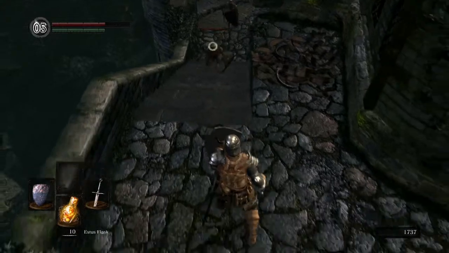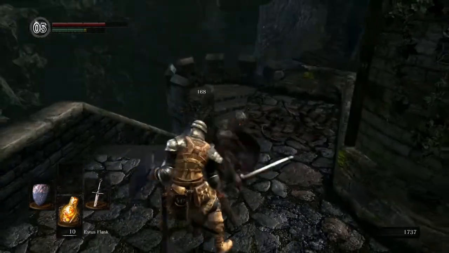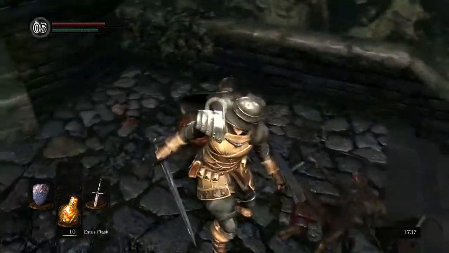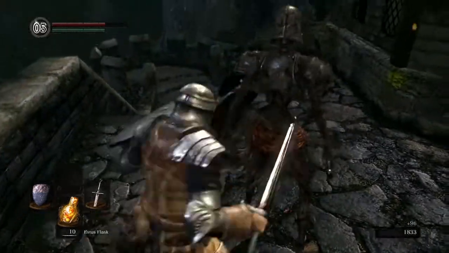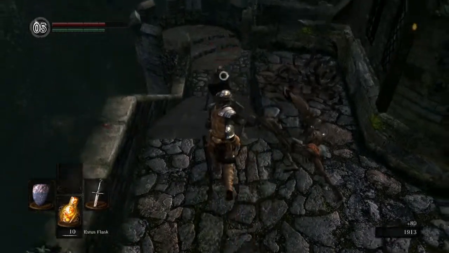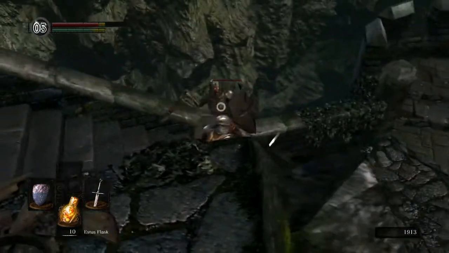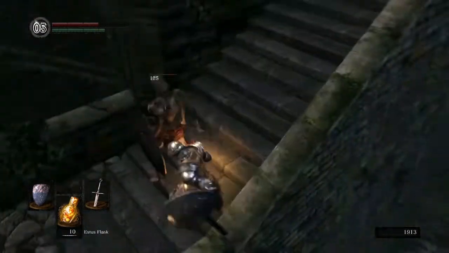Basically, if you're going to... Oh god, they're both coming up. Great. If you kill a certain amount of enemies in certain areas, like this one for example, if you kill enough enemies, you can get 1 free humanity. They need to be humanoid enemies. These guys are definitely humanoid, so they count toward that, but...